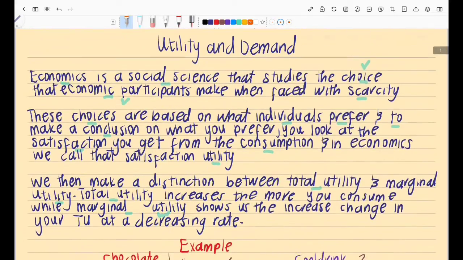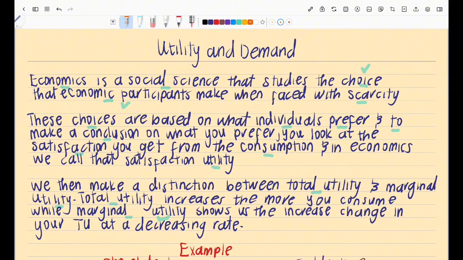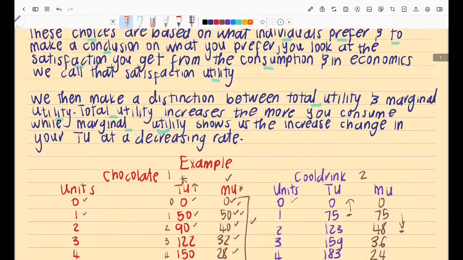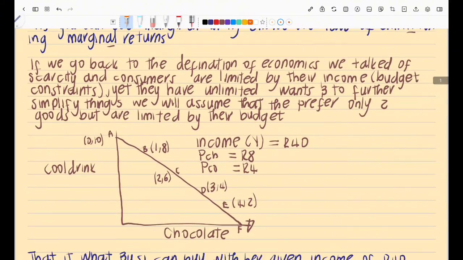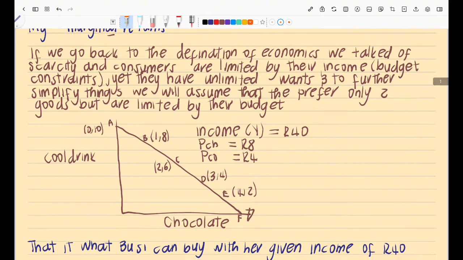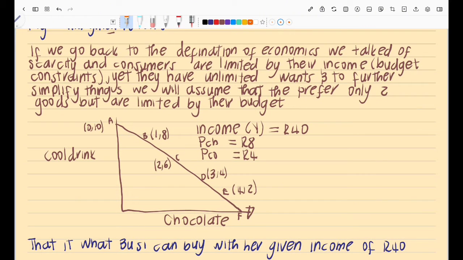And then if we just go back to the definition of what economics is, right? We talked about another thing. We talked about scarcity. So you are making choices, but you are limited because there is scarcity, right? And when we talk about individuals and the consumptions that they are making, the scarcity that they face is the constraint in their income. So you are going to earn a certain income, and as much as you'd love to buy a car, as much as you'd love to buy a house, you have a fixed income, right? And that just showcases scarcity.